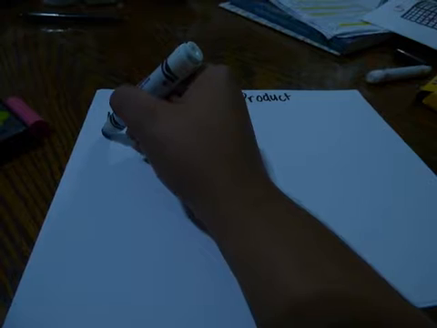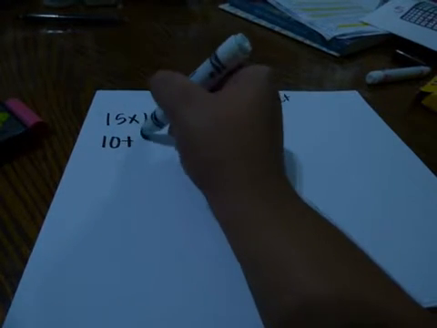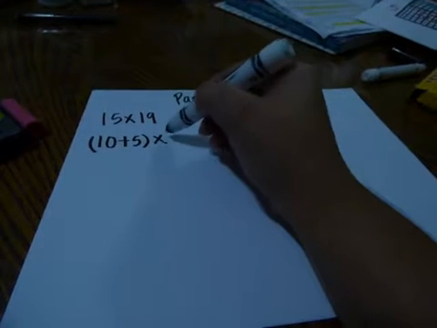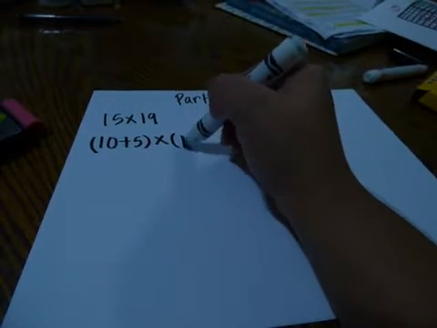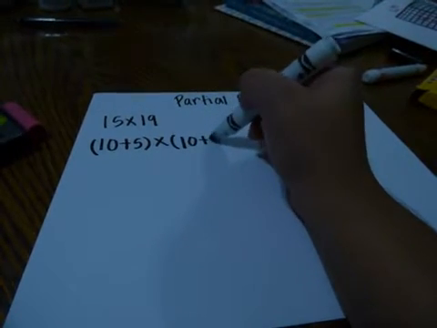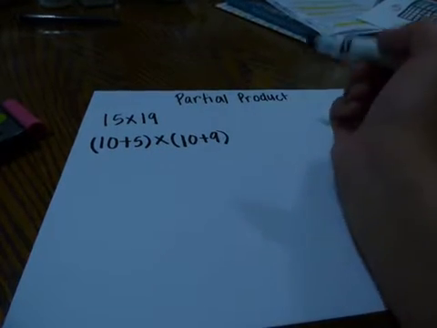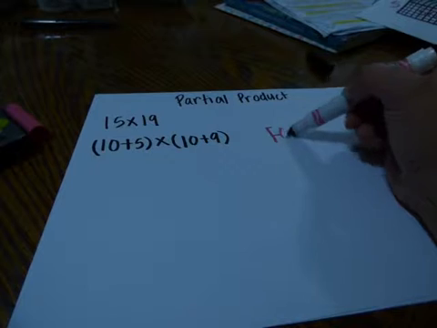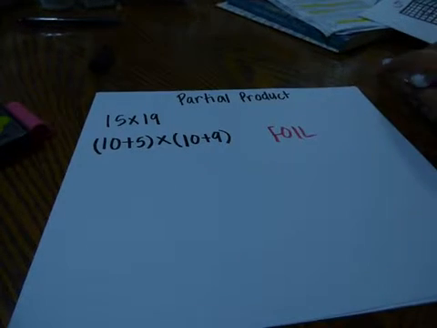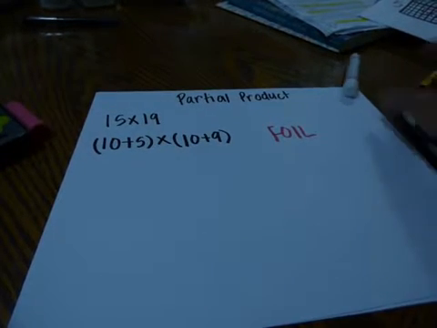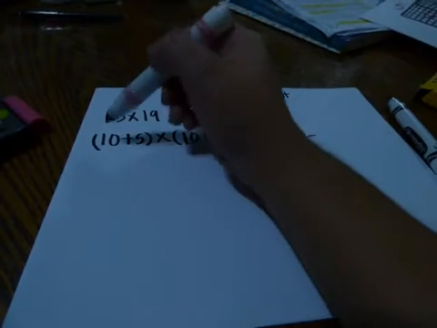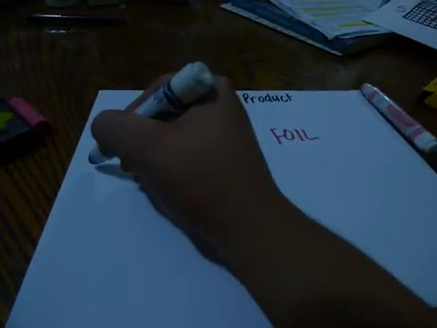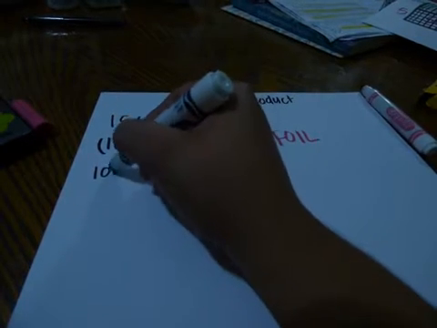So the 15 is 10 plus 5, and the other one, 19, is going to be 10 plus 9. What we now want to do is called the FOIL method, and this just stands for first, outside, inside, and last. So what we're going to do first is start with our first numbers, which would be 10 and 10. So it would look like this: 10 times 10,